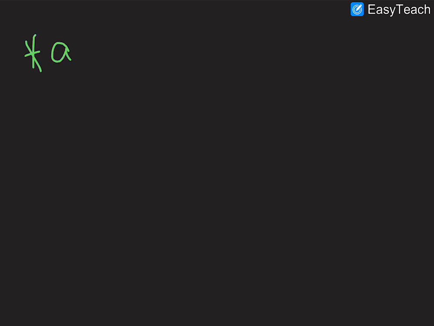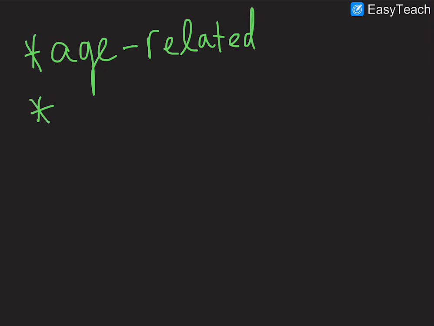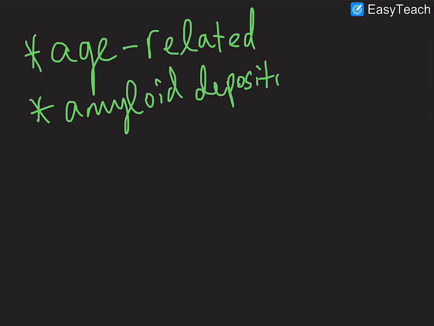The main thing we have to know is that senile cardiac amyloidosis is age-related, so let's write this: age related amyloid deposition in the heart, hence the name senile cardiac amyloidosis. Let's just know this for now, and then let's talk about what kind of